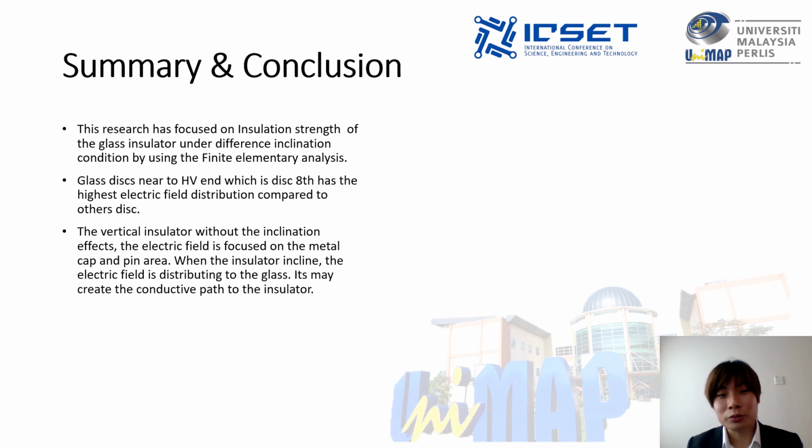In summary, this research has focused on the insulation strength of the glass insulator under different inclination conditions by using finite element analysis with software as well. The glass unit near the high voltage arm, which is number 8, has the highest electric field distribution compared to other discs. We also found that for the vertical insulator without the inclination effect, the electric field is focused on the metal cap and pin area only. When the insulator inclines, the electric field distributes to the glass. It may create a conductive path